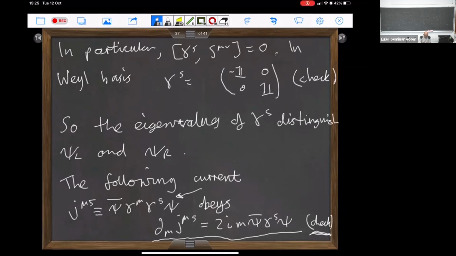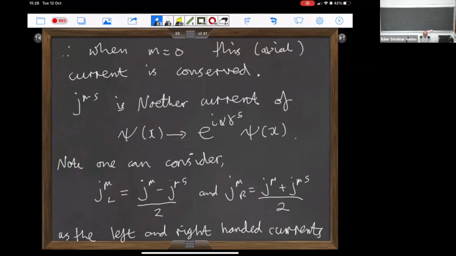Which means that when m is equal to 0, we have another conserved current, which is called the axial current. Sorry, I haven't written that very well. And this J^μ5, the axial current, is the Noether current of a new symmetry,